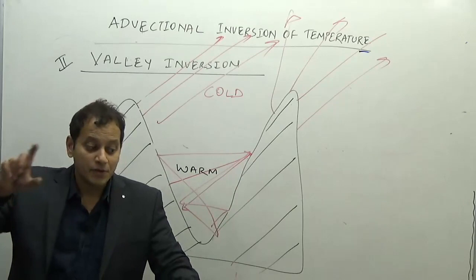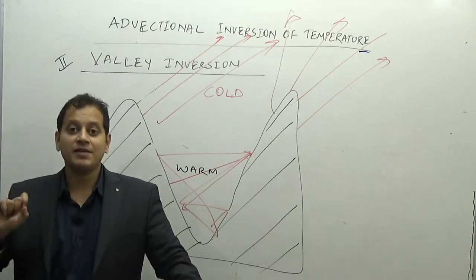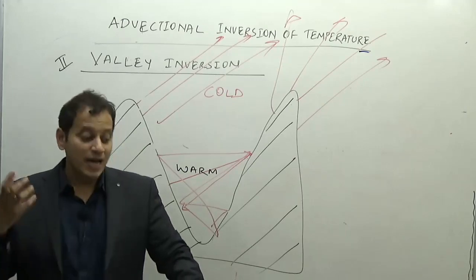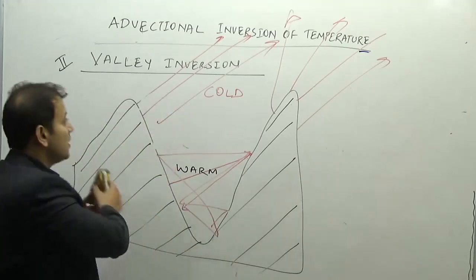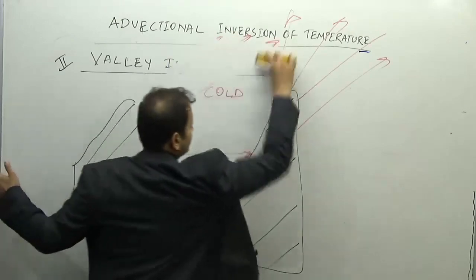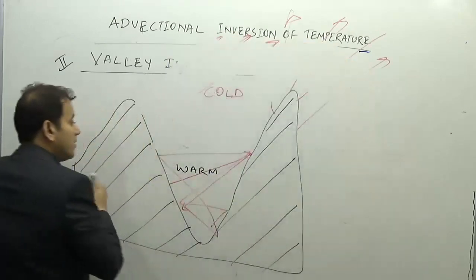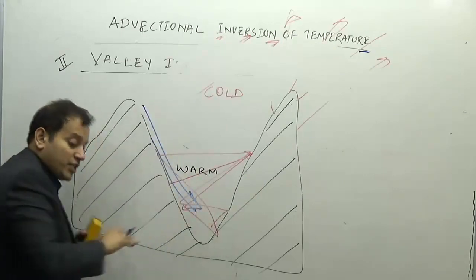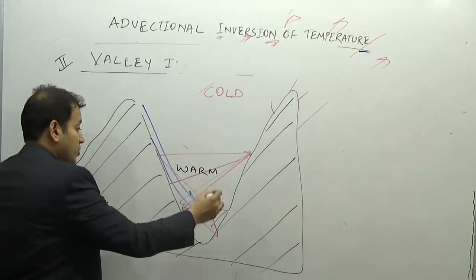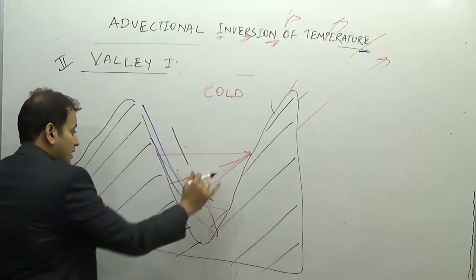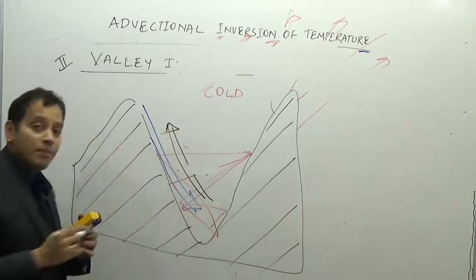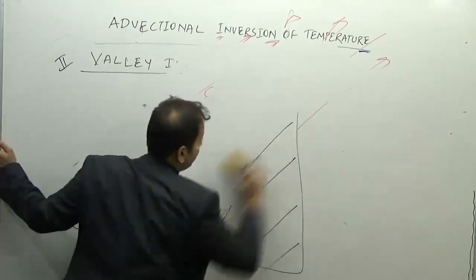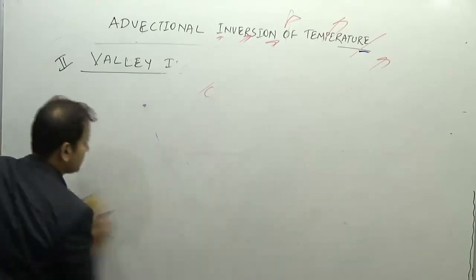But you remember something called gravity. You remember that cold air is denser and heavier. So as a result of this, what happens? This cold air comes downwards, and it pushes the warm air upwards. Because the cold air is heavier, it comes downwards and pushes the warm air upwards. So what is the end result? The end result in any kind of valley becomes